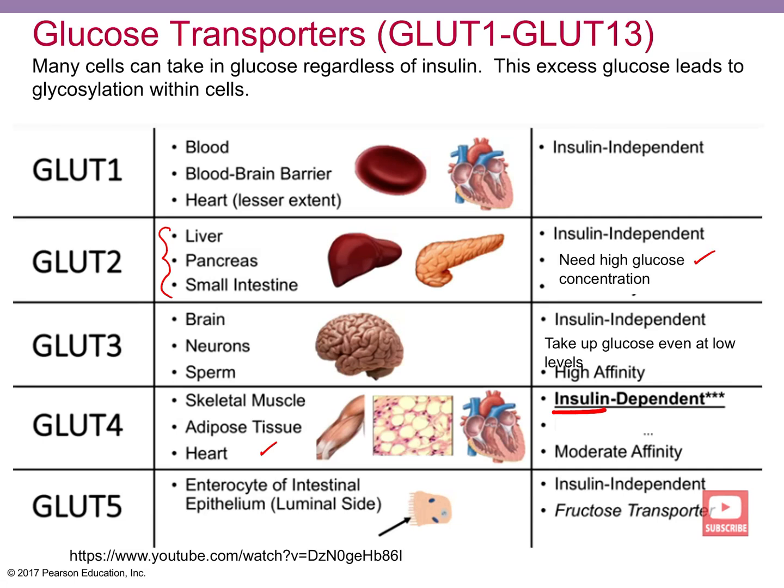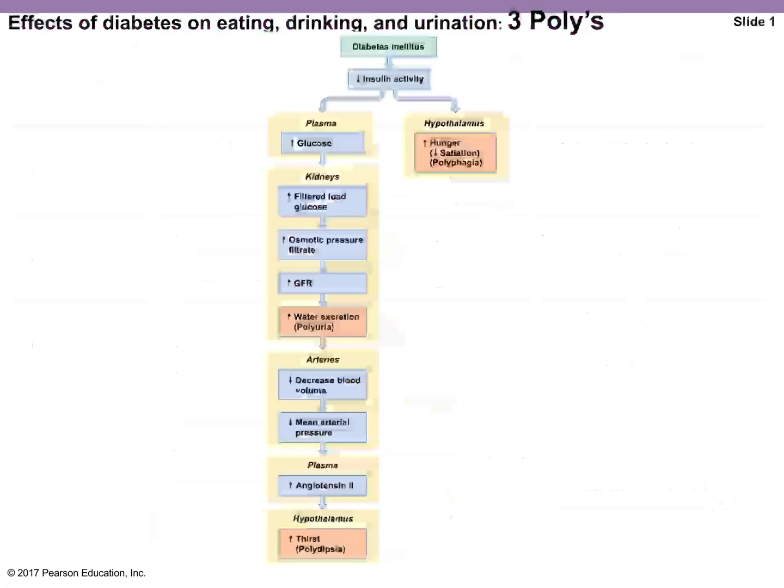But overall, right, if they can't use insulin or if they're insulin dependent, for example, then their activities will go down, right? So you're going to have less energy production, less ATP production because glucose is not being utilized in those cells. The second one here is really interesting. So here's the 3 Ps, before we move on. This is just a flow chart of the 3 Ps.